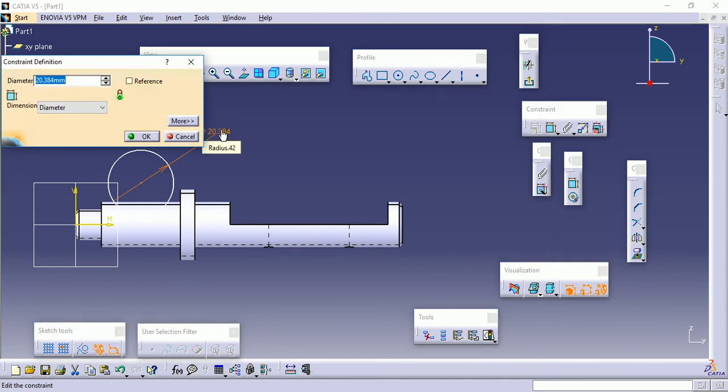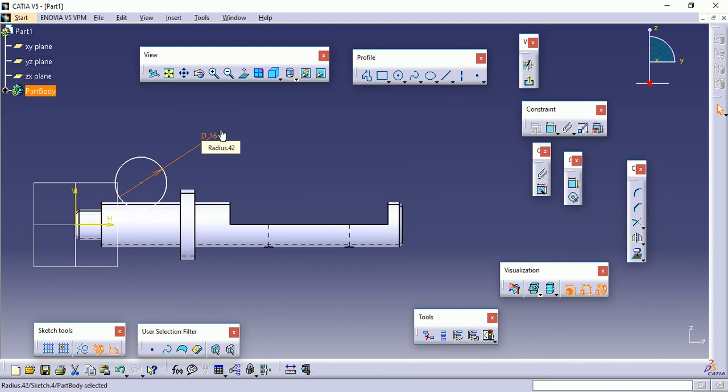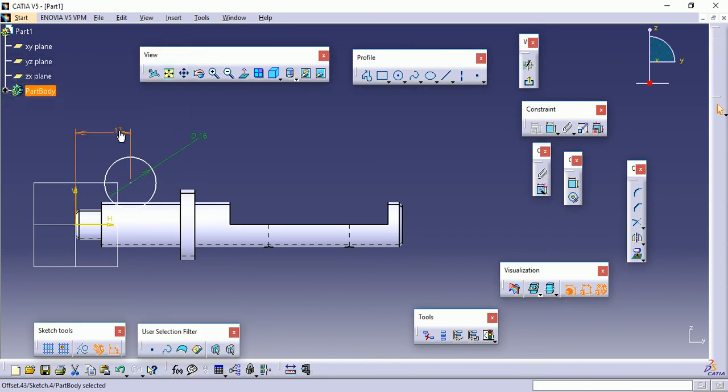Diameter 16. Distance from one of the edges 17. And the depth is 5.